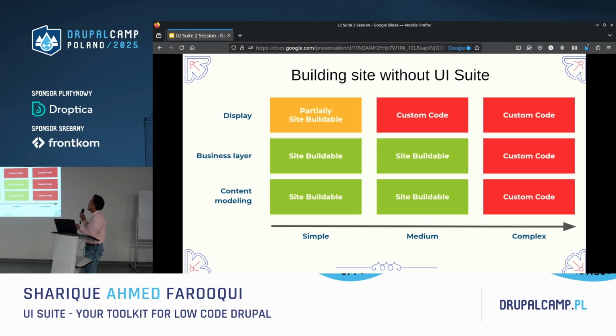For display, we can do that with display modes and display layout builders. We can easily create different kinds of display with little code. When we go to medium sites, it displays a lot of complexity, because in medium